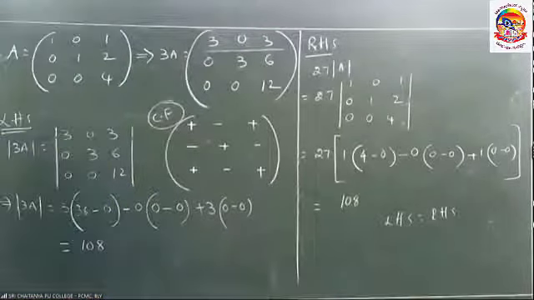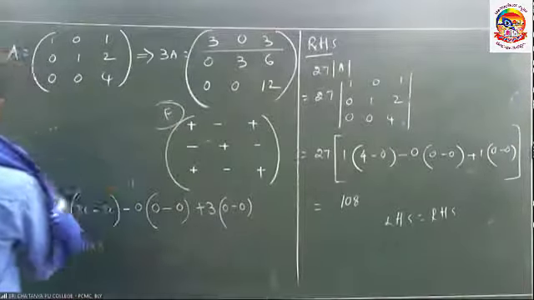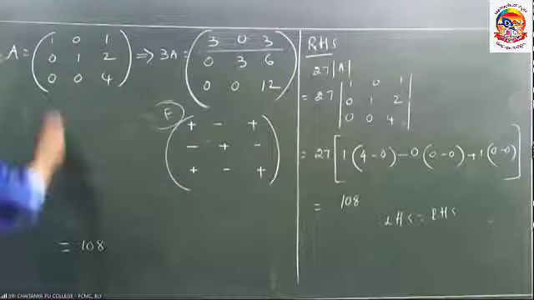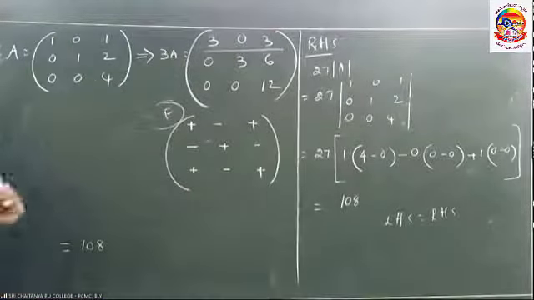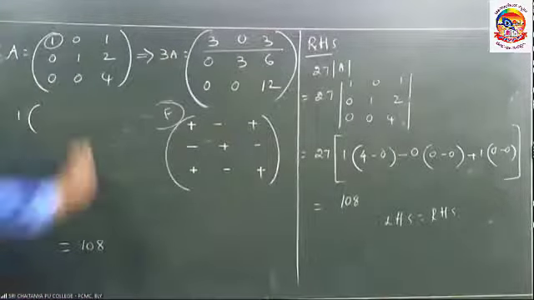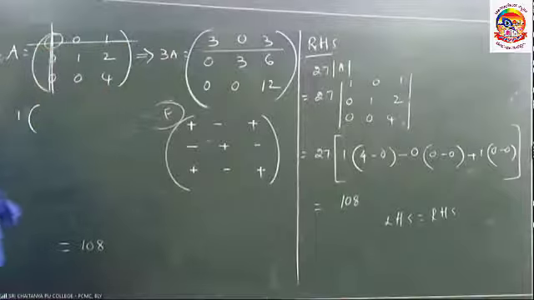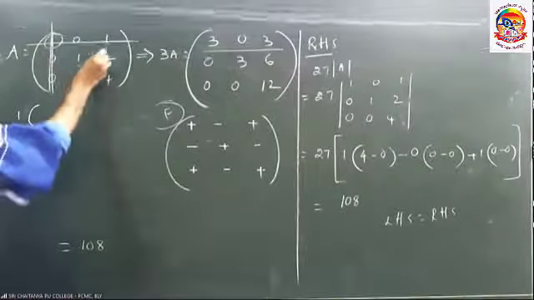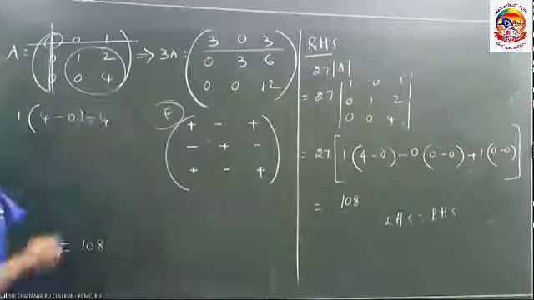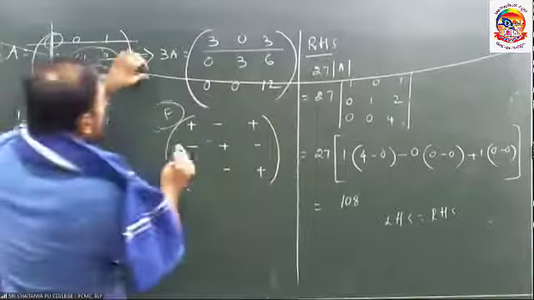Okay. And another student asked me about the shortcut. Okay, a little bit I will give you here. Here itself. How much did you get here? 108, na? Yes, observe. There are two zeros here, right? So this element into, exclude this column and this row, and you are going to get this entire 4 minus 0. That means the determinant value of this one is 4. I'm not speaking about 3A. If you want the determinant of 3A, easily you are going to get, observe.